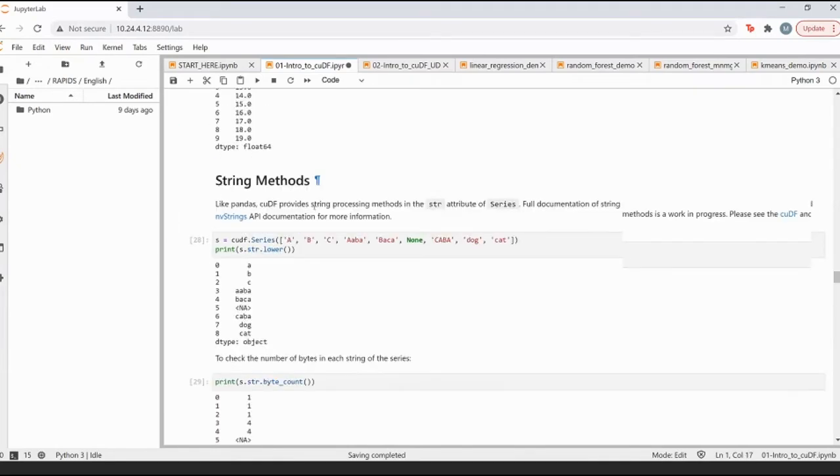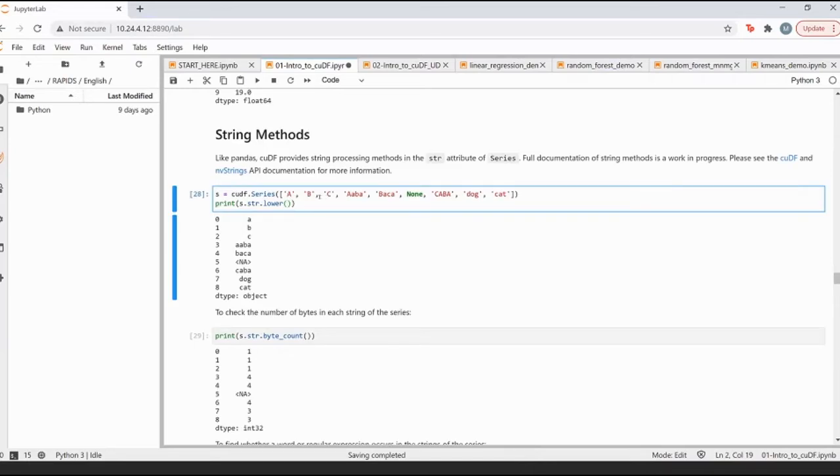There are also some string methods that you can use. Say, if you have these large scale strings, generally one of the things that we see is that, hey, GPUs are only meant for doing numerical computing, right? Which is absolutely true. That is something that GPUs are 100% good at. But we are also trying to provide support for string operations as well. That's why we have this library which is under development called NVStrings. That means now you can also do string based operations on top of the GPUs.